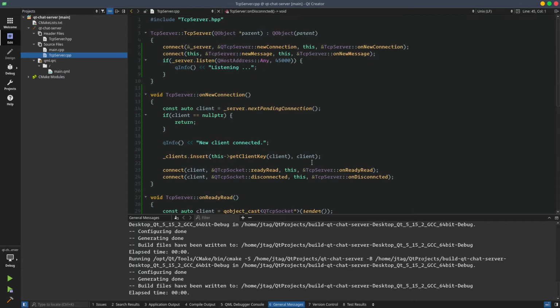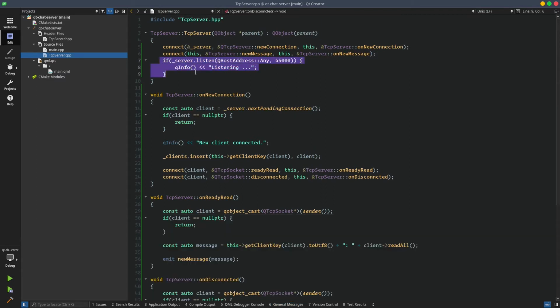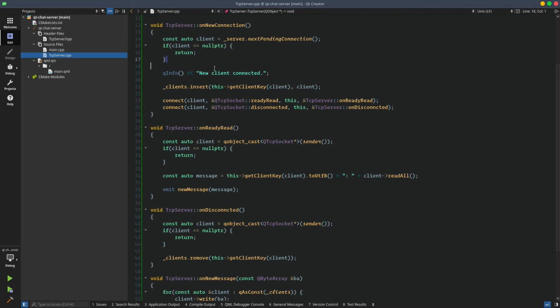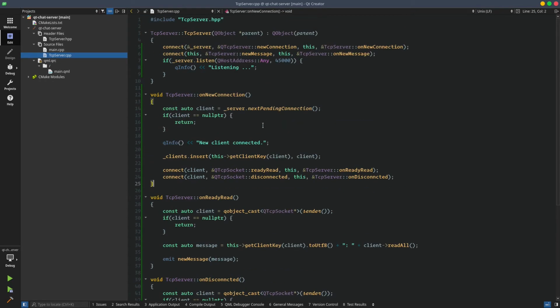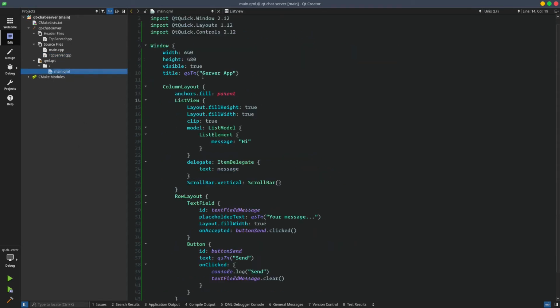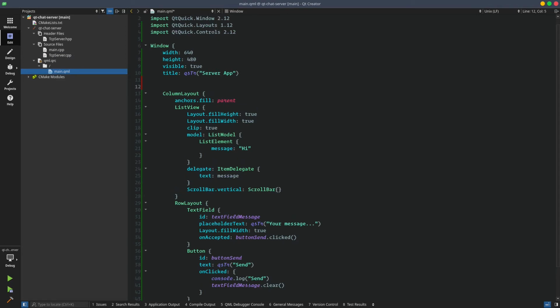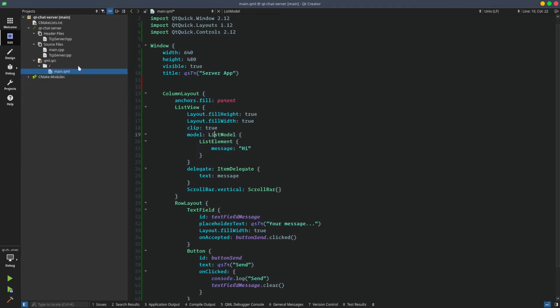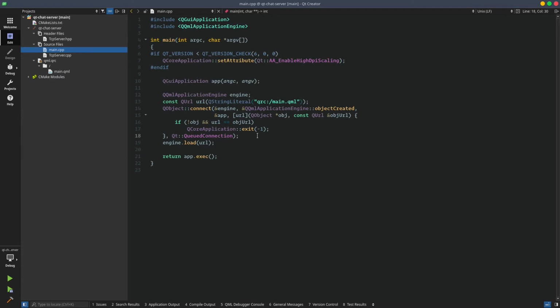Now this partially works because as you can see here, we will listen on the port, and partially we are handling the connections of the clients, but we have not connected it to the UI yet, which we are going to do now. So for that to happen, we need to come here and create a connection to our TCP server object, which we created here, and use this connection to get messages and show this message in our list model. But we need our TCP object to be created first. So let's include it here,